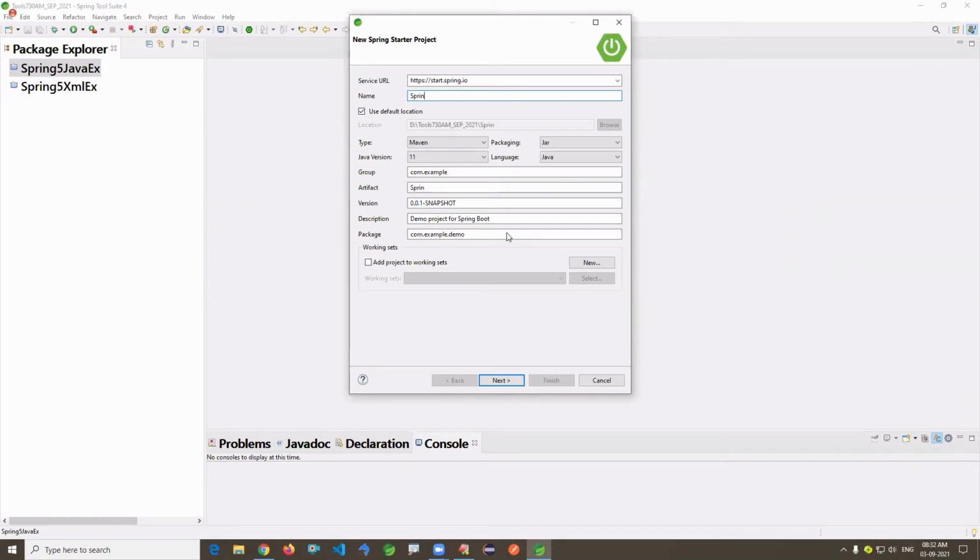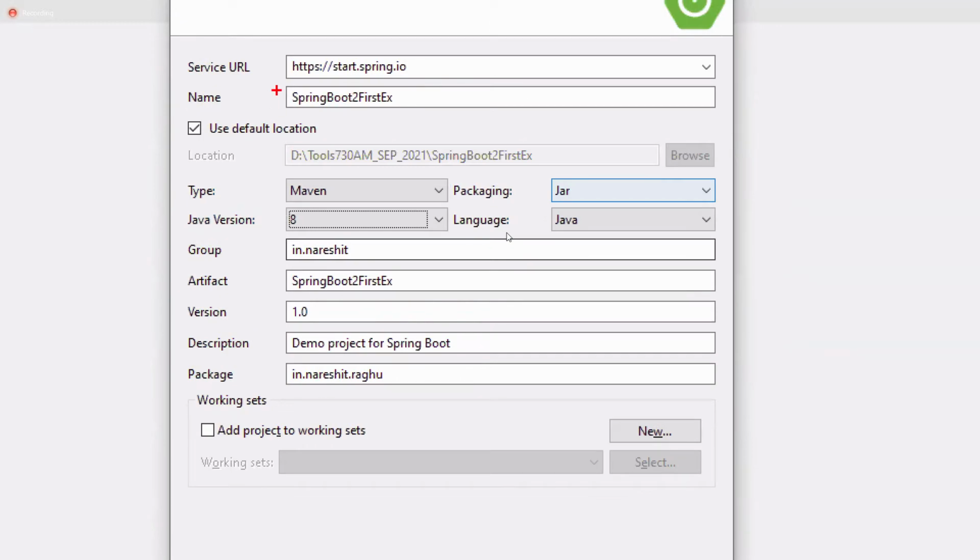One, Spring Boot 2.x. And group ID I'm changing to in.nareshit, version I'm changing to 1.0. Package I'm changing to Raghu. Look at what all I modified.